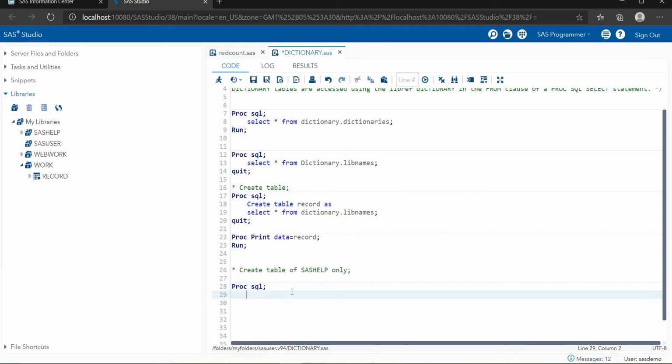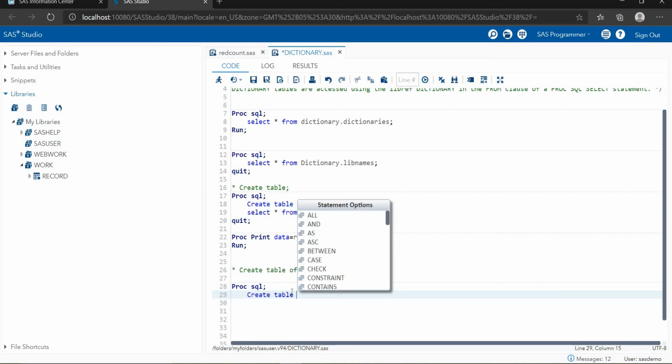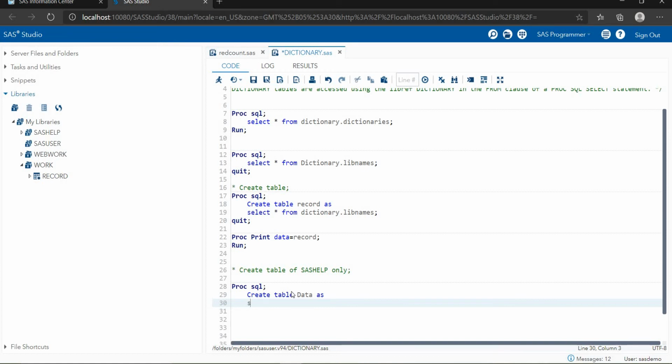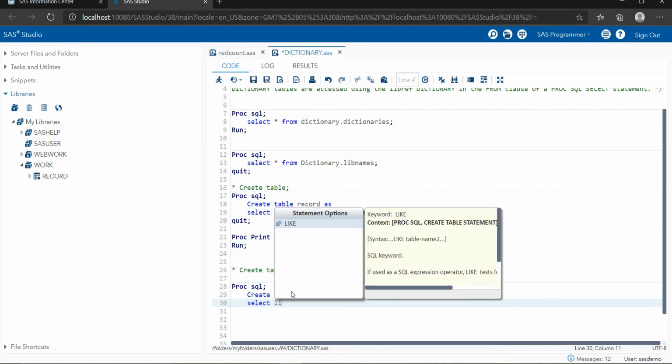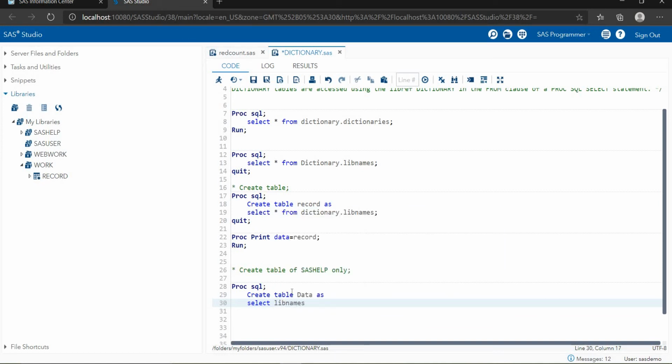SQL. Then we are creating one table, create table, because I want that output as data. I'm giving the table name as data, as select from where, from lib names. So I'm writing the lib names. I'm selecting all the data from